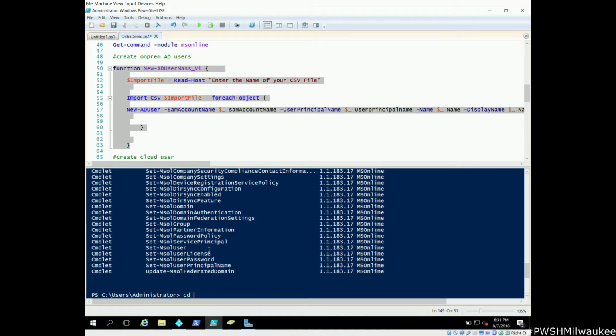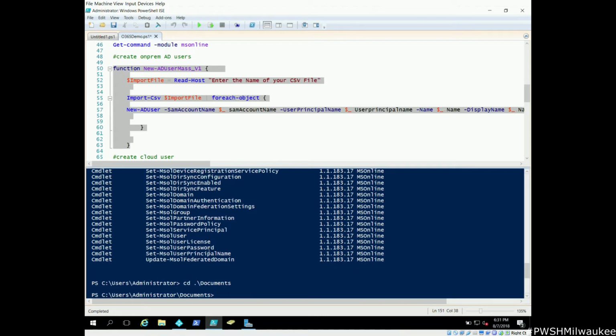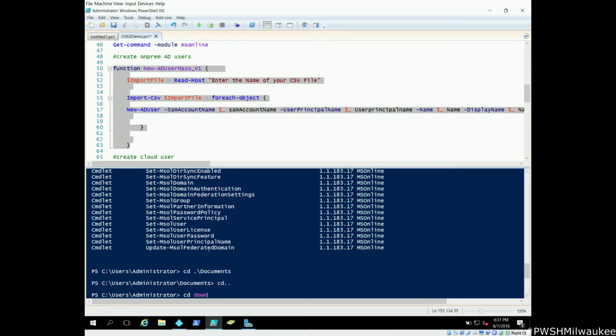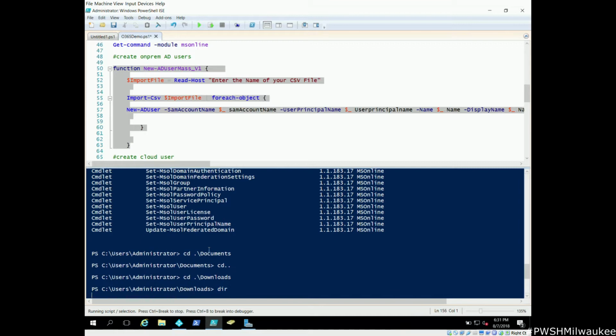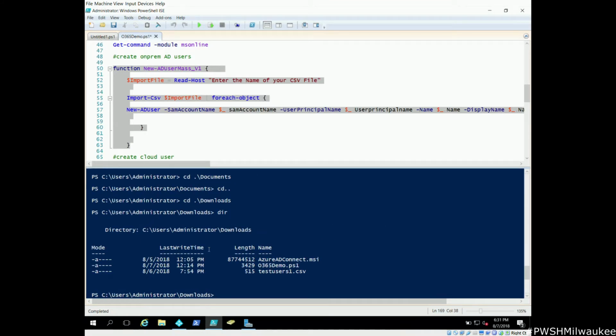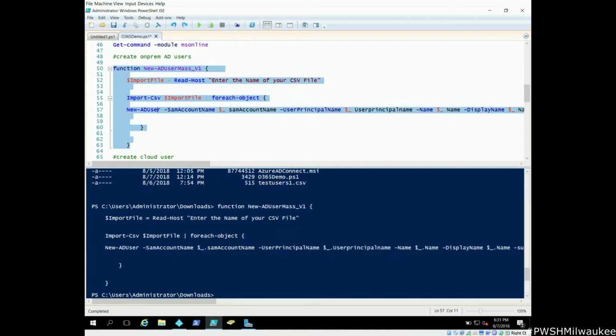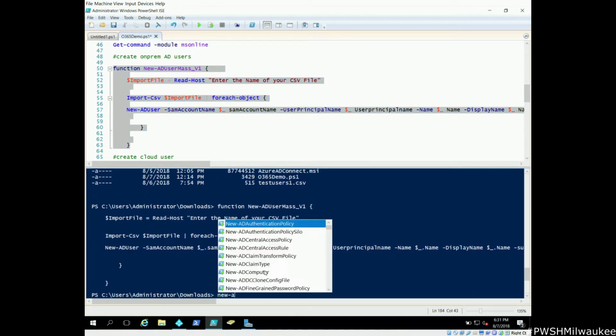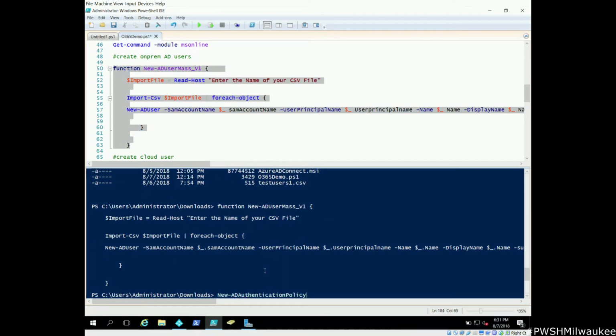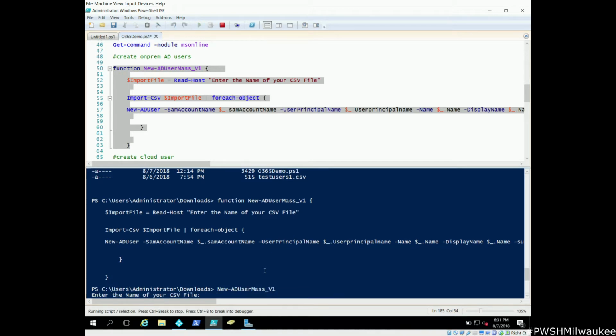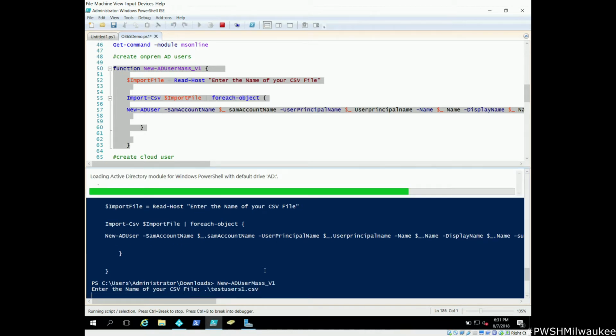So what we're going to do here, change directory to documents. All right, so we're on this. And this created 3 users for me, all with the